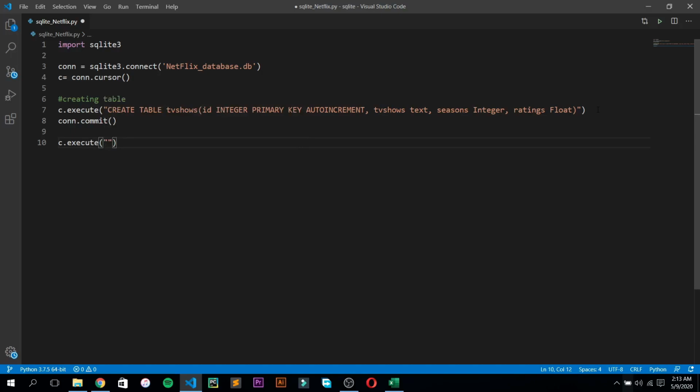So let's insert values in the table that we created, TV shows. Our table name is TV shows, and we are going to be insert into TV shows, and we are going to be describing columns for where we are inserting it. As you can see, we don't have to insert serial number or ID because it is auto increment and it will be incrementing automatically. So we are going to just explain it to TV shows, and after that seasons,